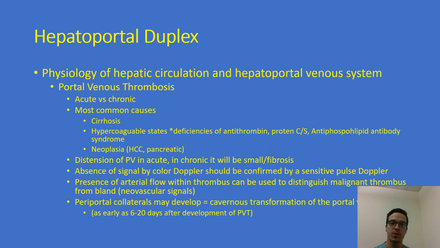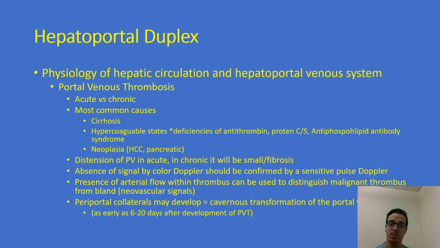Portal venous thrombosis is another medical condition that we should be aware of in our evaluation of the hepatic circulation and hepatoportal venous system with ultrasound. These can be either acute or chronic. The most common causes of portal venous thrombosis are cirrhosis, hypercoagulable states, and neoplasia, like hepatocellular carcinoma and pancreatic cancer. In acute portal vein thrombosis, the portal vein is often distended, while in chronic portal vein thrombosis, it is small